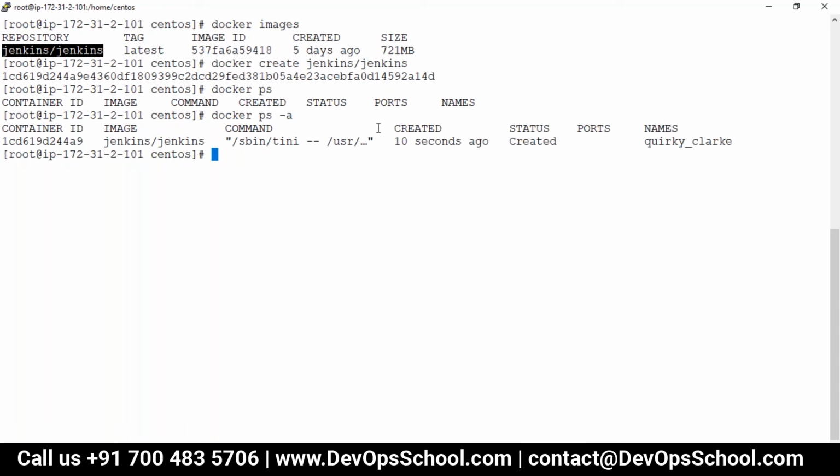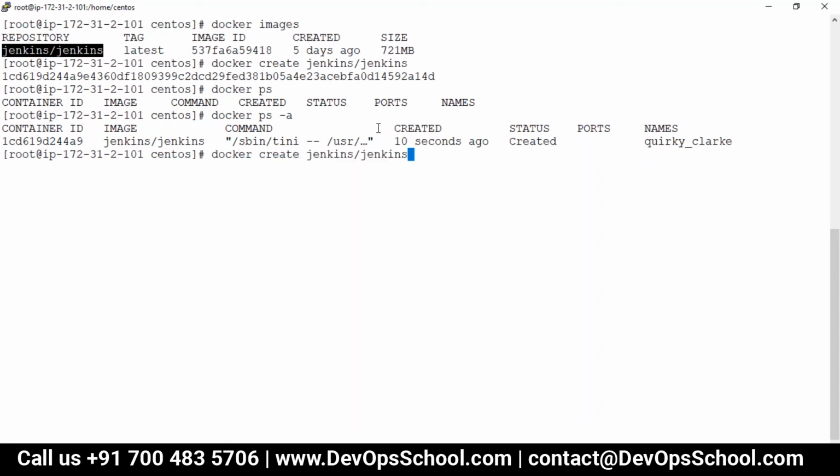See here, whenever you create a container, there's a container ID from the image. The container runs with some command internally. Created time, status created. Not running, so ports are not showing. Names of the container are like quirky_clack, some generic name. Docker assigns it randomly, unique to the host for every container.